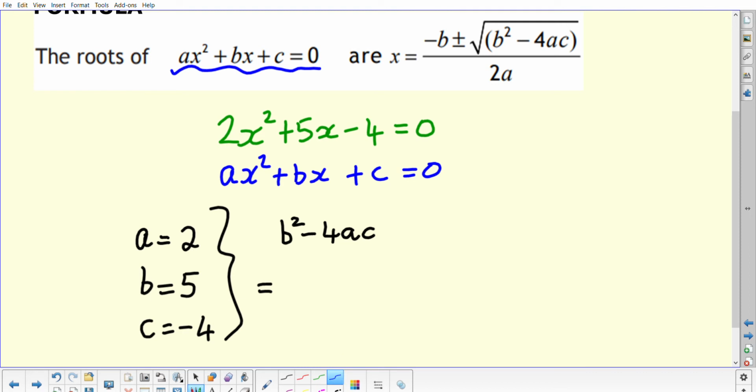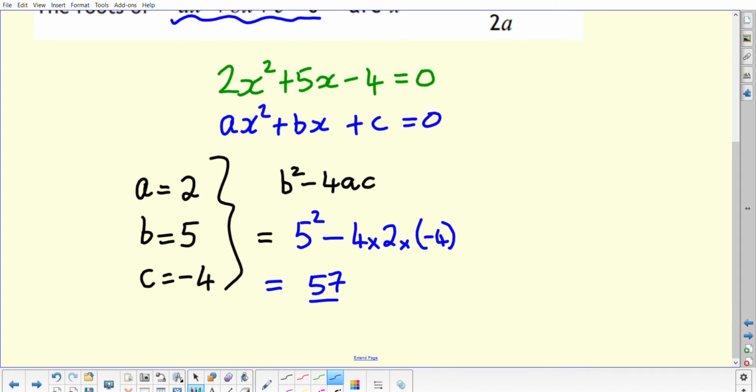That means here that we would have 5 squared minus that 4ac bit. Those three terms are all getting multiplied, so you've got 4 times 2 times the negative 4. Make sure you put brackets around that. You carry that out on the calculator. Right, that will come to 57,